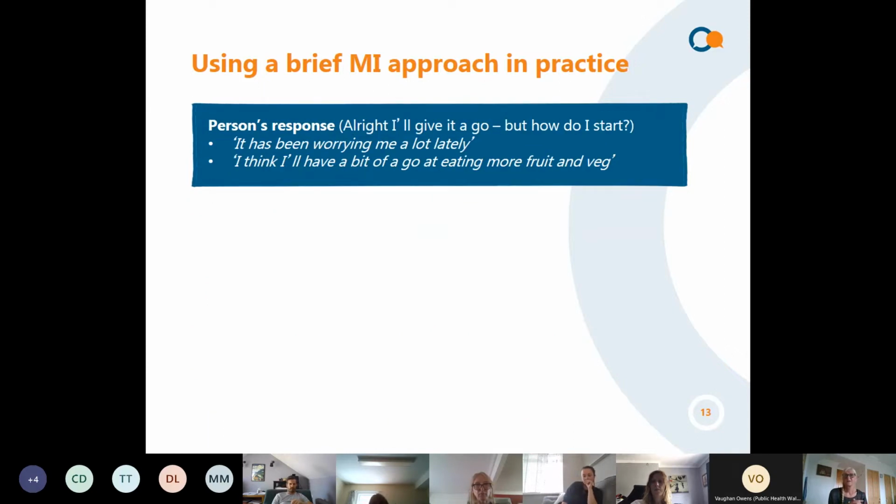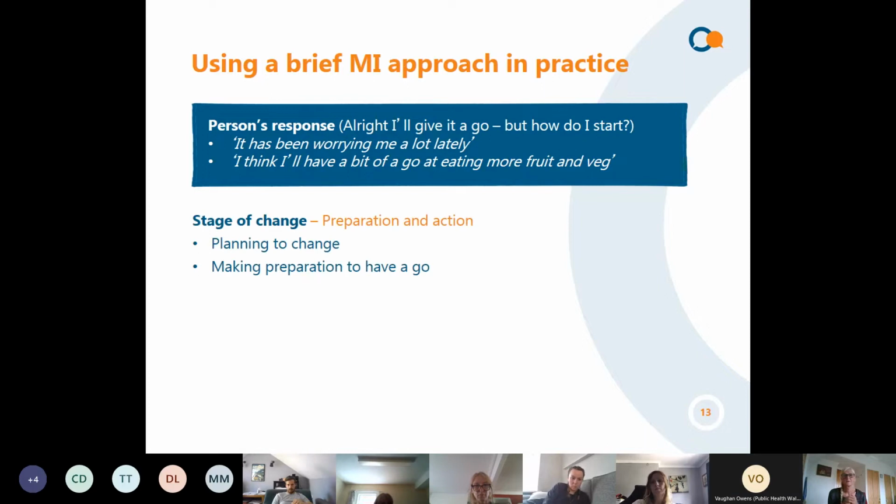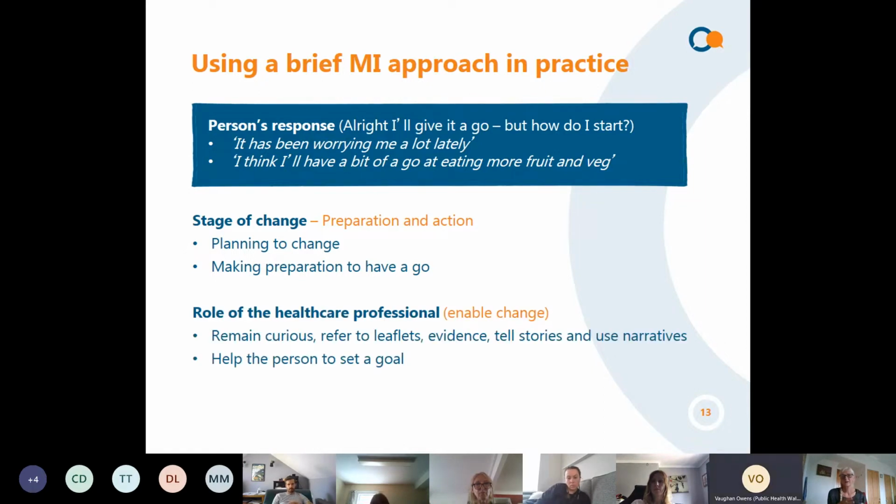Right, the person says, "Right, I'll give it a go. It's been worrying me a lot lately. I think I'll have a bit of a go at eating more fruit and veg." So obviously this stage is quite obvious. Pop it up for us. So we're at the preparation and action stage. That person is planning to change and they're making the preparations to have a go. As a healthcare professional, as I said to you before, this is the bit that's kind of easier for us because they're